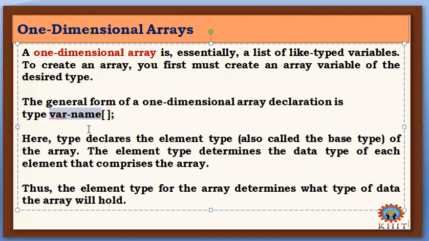Then the element type of the array determines what type of data that array will hold. So that's what I told you now. That element type, the type, indicates what type of data you're going to store in that array. So you must keep in mind that whatever type you're giving here, if you are giving integer, then you store only integer values in the array. If you are giving a character, you store only character values in the array. Okay, that is how we can declare a